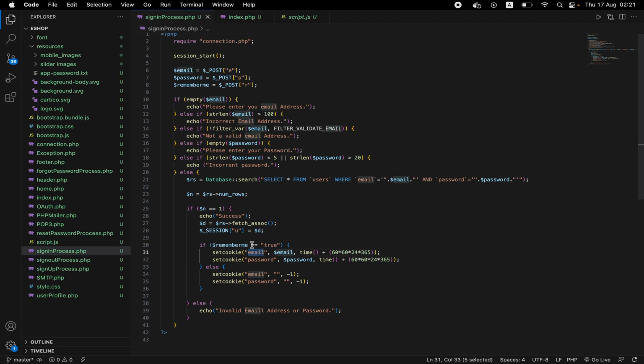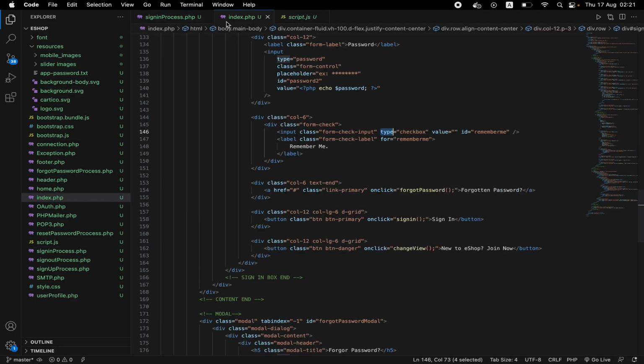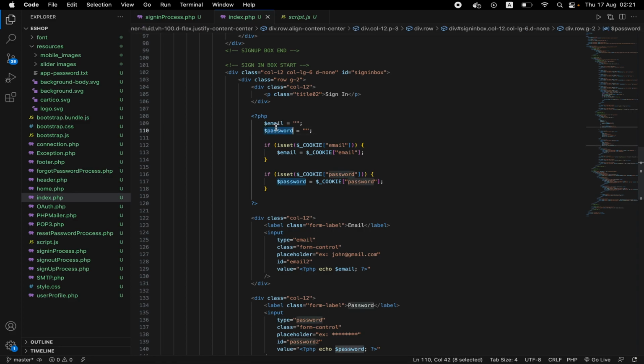The first cookie's name is email and the value is the user's email, and the expiration date will be next year. Same thing here, with setcookie we create a cookie and the name of the cookie is password, the value is the user's password, and it's going to expire next year. So if we go to the index.php, I have created two variables called email and password,